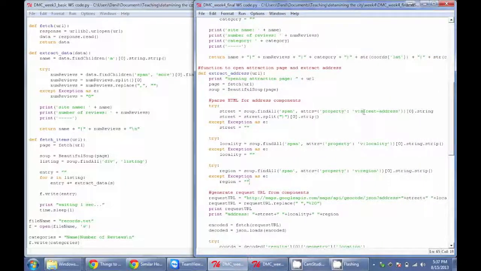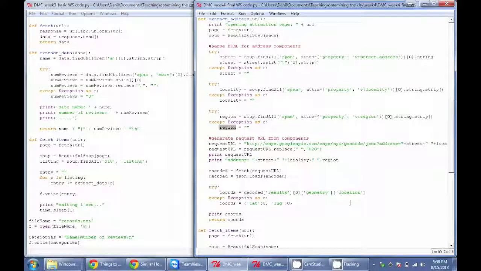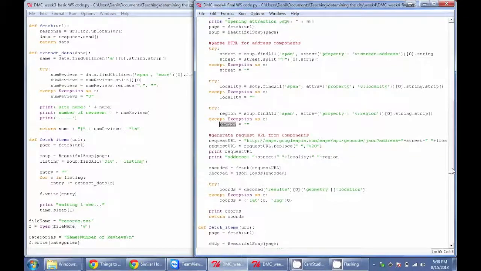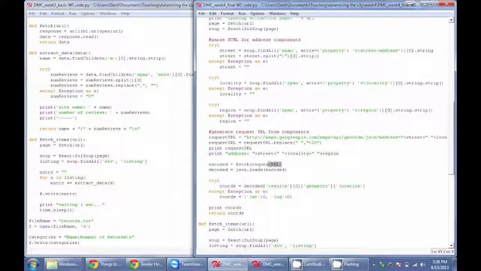So here I'm searching for the street address tag. I'm stripping that and then storing it in the street variable. Same way I'm getting the locality, which is the city, into the locality variable, and the region, which is the state, into the region variable. And then what I can do is I can actually use our same fetch command to fetch the results from